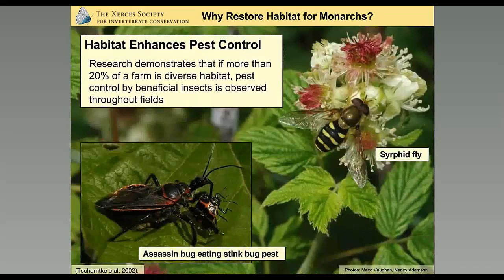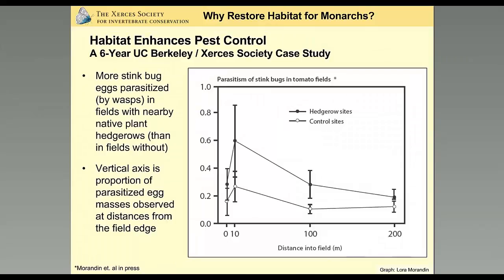We see that habitat can enhance pest control in farms and gardens. And research demonstrates that if more than 20% of a farm is in diverse habitat, that measurable levels of pest control by beneficial insects like syrphid flies can be observed throughout crop fields. And the Xerces Society is just wrapping up some wonderful work in California with partners at UC Berkeley that actually tested this. We, for example, took stink bug egg